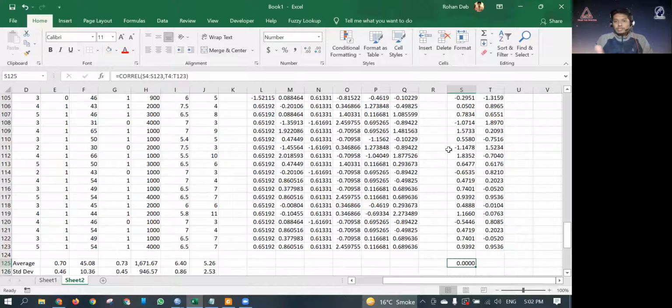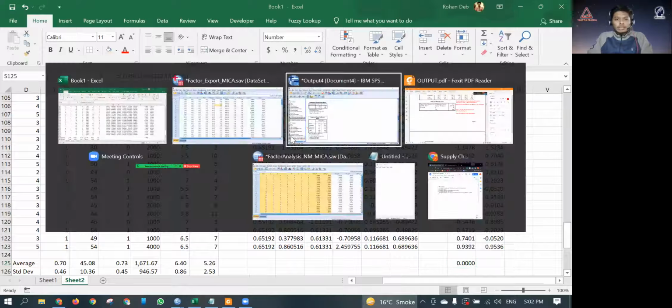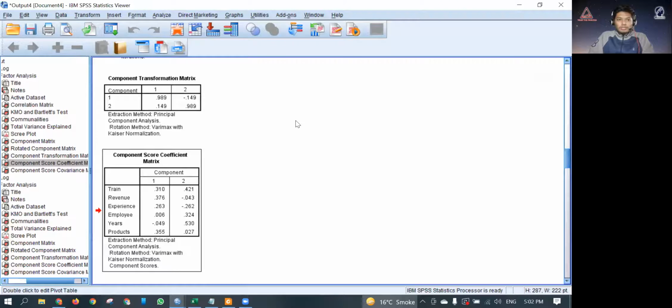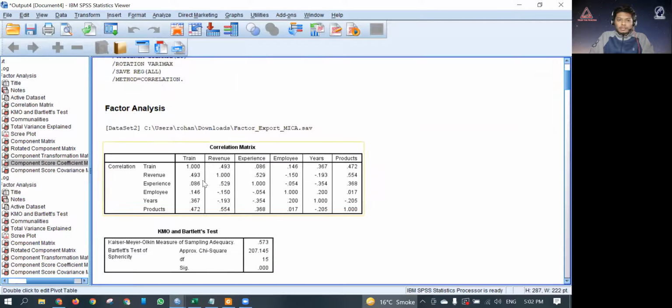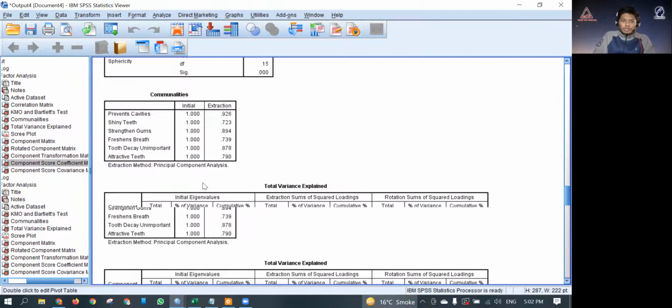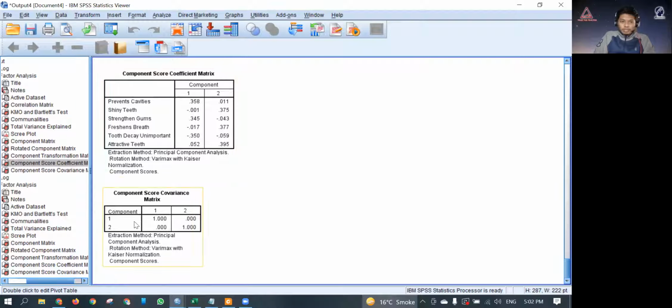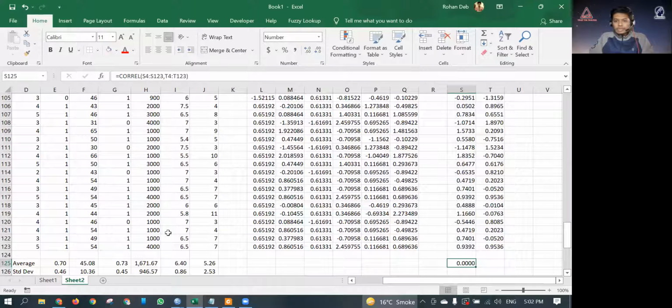Now, because both of these factors are uncorrelated with each other, we can use a regression to calculate the regression of these two factors with respect to the sales or export or whatever. And these were not correlated because you remember the correlation coefficient matrix that was there. So you can see this matrix was there where you saw that there was a correlation between the factors, but here there's no correlation coefficient. So you can see that here this component 1 and component 2 have no correlation. The diagonal is 1 and this is 0 and 0, which is ideal.